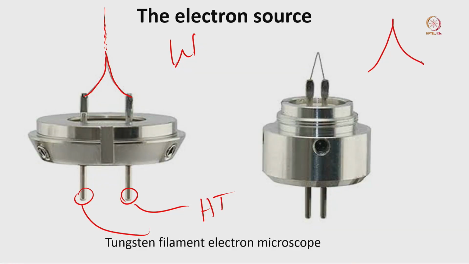So here that very sharp tip is very important. If the tip is not very sharp, if the tip is broad like that, then electrons can come out from this particular position or this particular position, and then there will be a path length difference between this electron and this electron, which will not make the beam very coherent. So if we assume that all the electrons are coming out from the tip of the filament, we can assume that most of the electron beam will be a coherent electron beam.